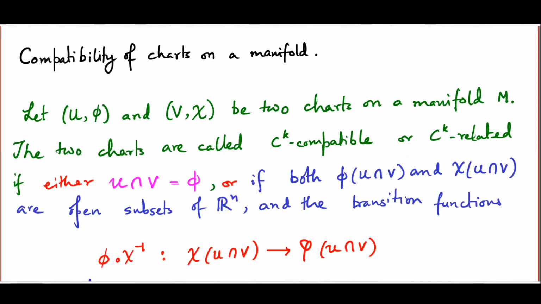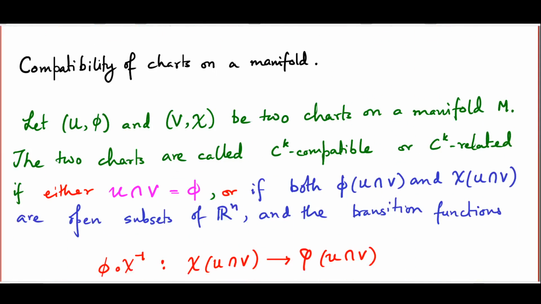Now, for this, what we need to talk about is the situation where you have two charts u, phi and v, chi on a manifold M. Now, these two charts u, phi and v, chi are called Ck compatible or Ck related if either the domains u and v are disjoint, in which case they are trivially Ck compatible, or if the domains are not disjoint,